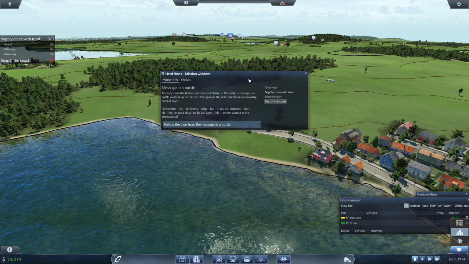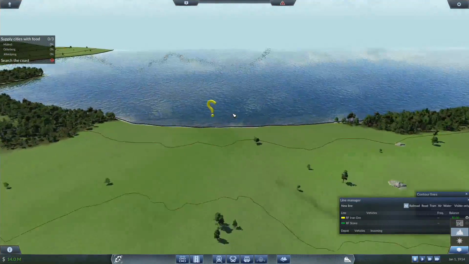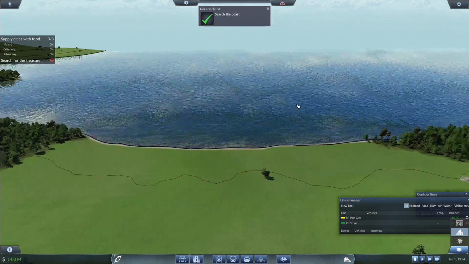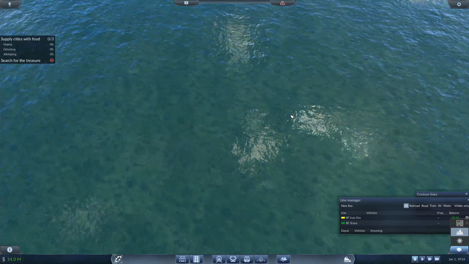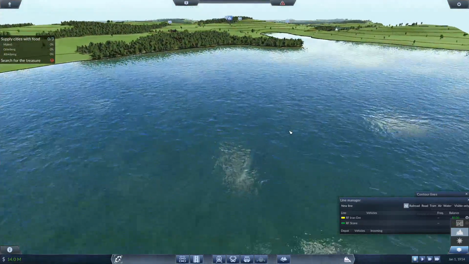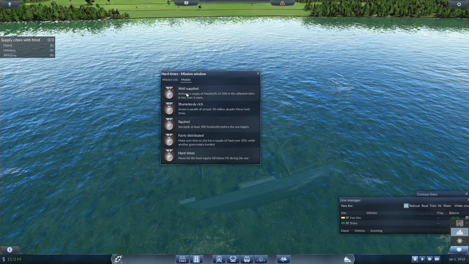Who spells out hiccups? On the east. Right over there. It must be somewhere around here. We'll send out a boat to locate the spot and salvage this valuable barge. Find the treasure underwater. So, do we actually have to look? I can't remember exactly. Find the treasure underwater. Oh. Found it? How lucky can you get? We found the sham booze ship. Alright, so did that give me anything, or is that just...